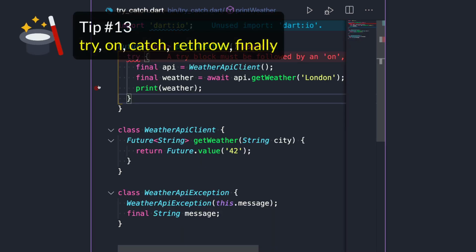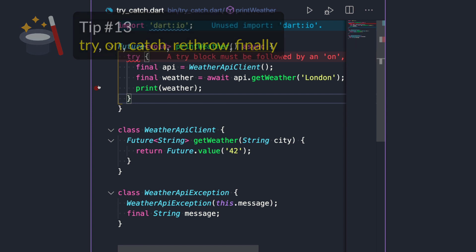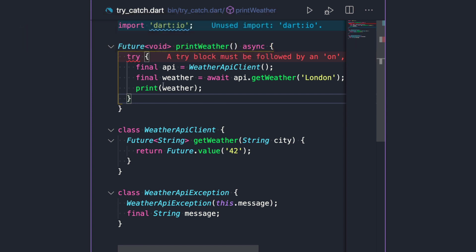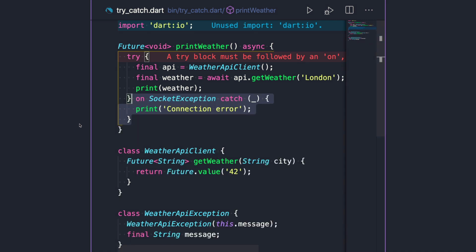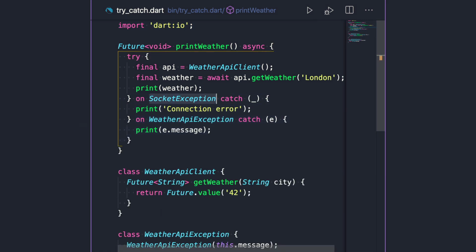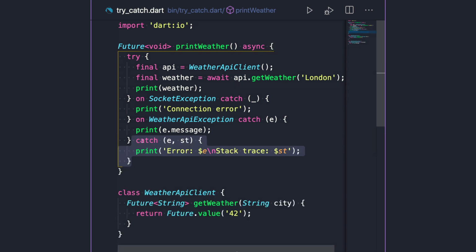Tip number 13 is about how to use try and catch. Try and catch is often used when working with future-based APIs that may throw an exception if something goes wrong. And there are a few things that you should know. First of all, you can add an on clause that you can use to handle exceptions of different types. And you can also have a fallback catch clause that will handle all exceptions that do not match any of